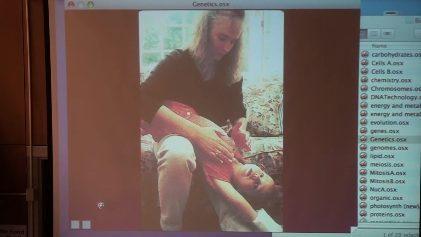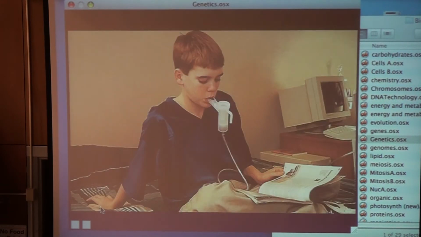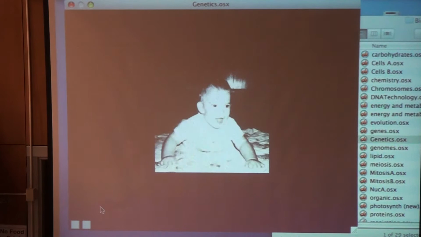Here's another one that's associated with an ethnic group. There's a kid who has cystic fibrosis. They also get more lung infections and bronchial infections. There's a disease called Tay-Sachs disease, which again, it can happen in any ethnic group, but people who are Jewish, in particular the Central European Jewish people, called Ashkenazi Jews, tend to get this a lot more. And here's what